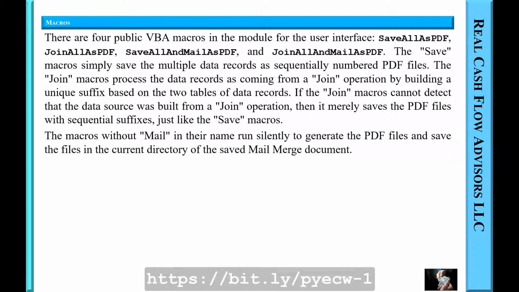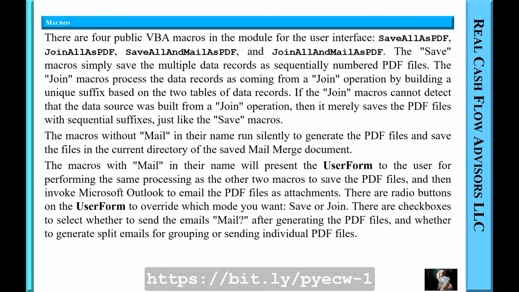The macros without mail in their name run silently to generate the PDF files and save the files in the current directory of the saved mail merge document. The macros with mail in their name will present the user form to the user for performing the same processing as the other 2 macros to save the PDF files, and then invoke Microsoft Outlook to email the PDF files